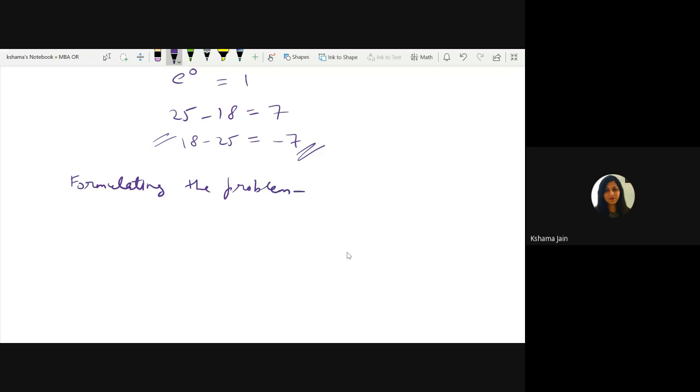Your question will be given in the form of theory, and from theory we will convert it into a numeric view. In what I'm teaching you now, our aim is to convert the theory question into numerical form. That's it. We are not finding any solution. Solution will be the second step, after you have completely understood how to formulate the problem. So the first topic is formulating the problem.